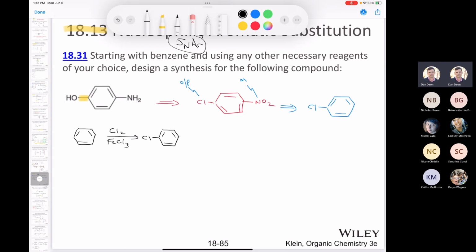Remember last class, or maybe the class before it, we looked at the nitration reaction, and we compared the sigma complexes that were formed if you did the nitration at the ortho or para positions compared to the meta position. And we saw that if you do the nitration in the ortho or para position, you end up with one additional resonance structure in the sigma complex. And so when we treat this with nitric acid and sulfuric acid,